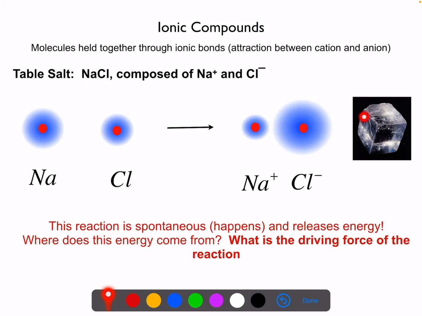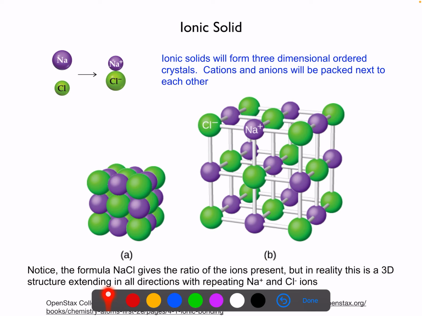So here's a crystal of sodium chloride. This is table salt. It's a nice picture of table salt, a crystalline solid. If you look at sodium chloride at the molecular level, while we call it sodium chloride, one sodium, one chloride, what we really see in reality is a ratio of 1 to 1. And the sodium chloride itself is this repeating pattern of negative, positive, negative, positive, negative, positive,